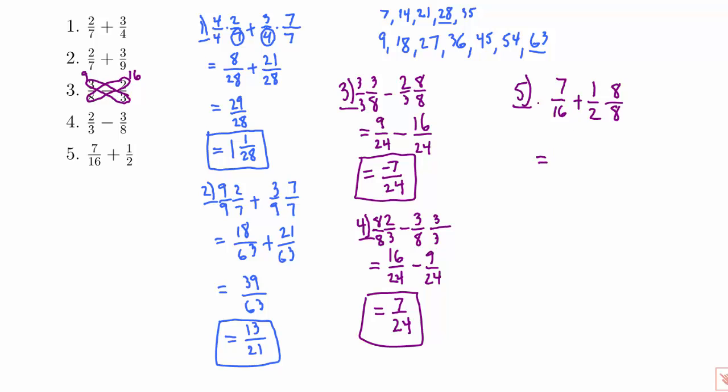And if you want to be consistent, you can write a 1 and a 1 over here for the 16, because 16 times 1 is just 16. So 1 times 7 is 7, 1 times 16 is 16. So 7 over 16 just remains 7 over 16. Plus 1 times 8, which is 8, and 2 times 8, which is 16. So I need to add these two together. So 7 plus 8 is 15, and keep the denominator of 16. So that's